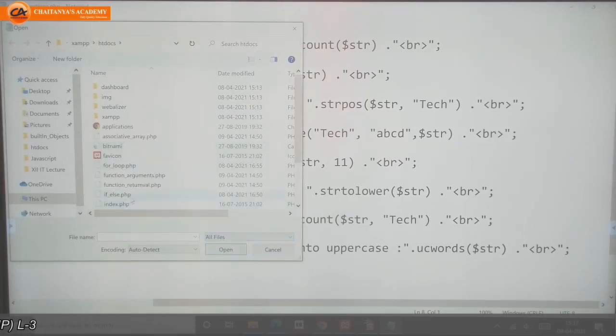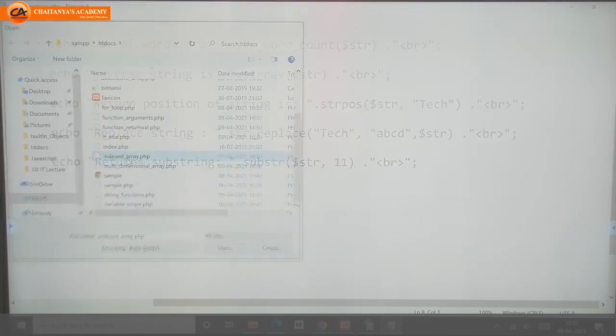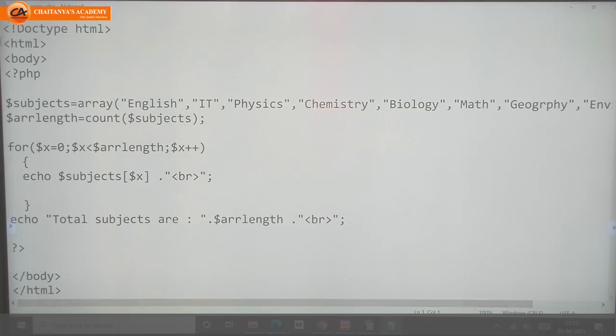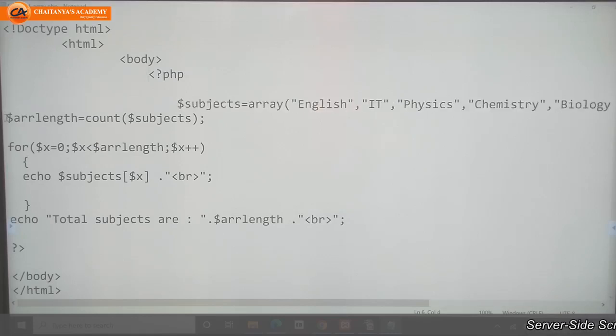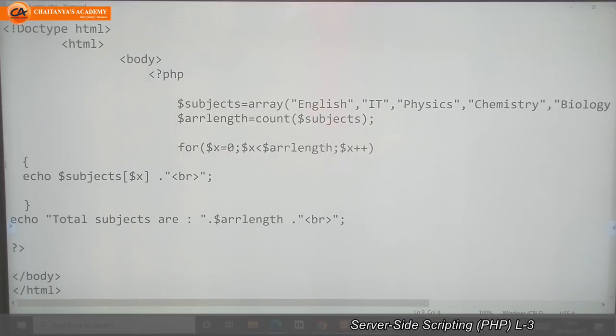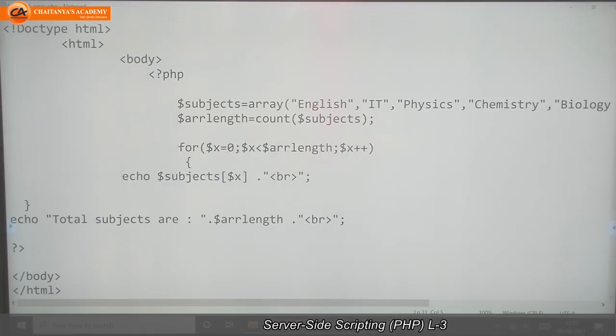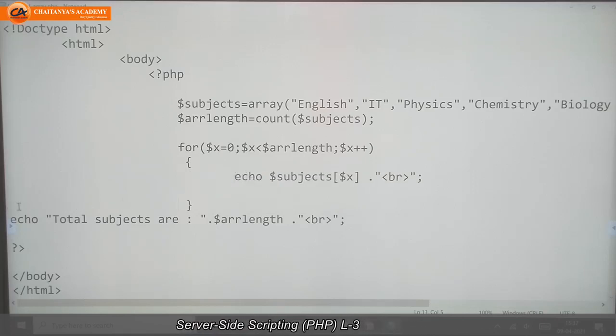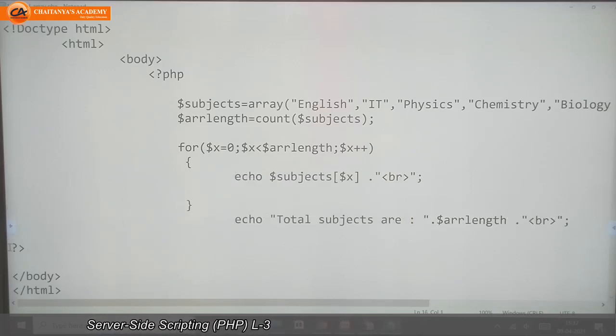First we'll see the example of an indexed array. See, this is the program for the indexed array.